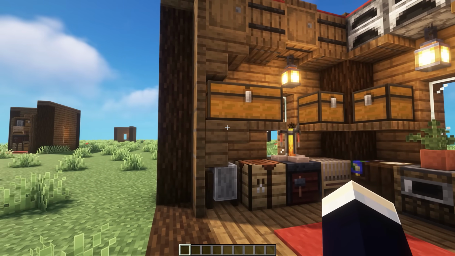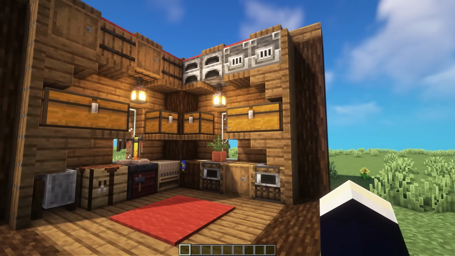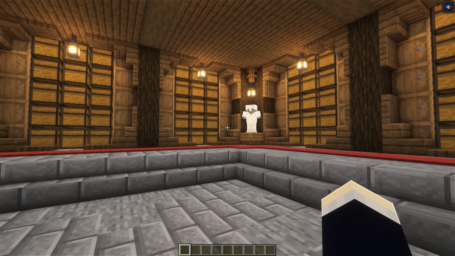And yeah, so we've also added a shelf to all of these chests as well. So they're actually kind of being held up on the middle shelf here. We've added in a bunch of lanterns to keep it nice and bright. And yeah. Next up, we're taking a look at a couple of storage designs, with the first one here being